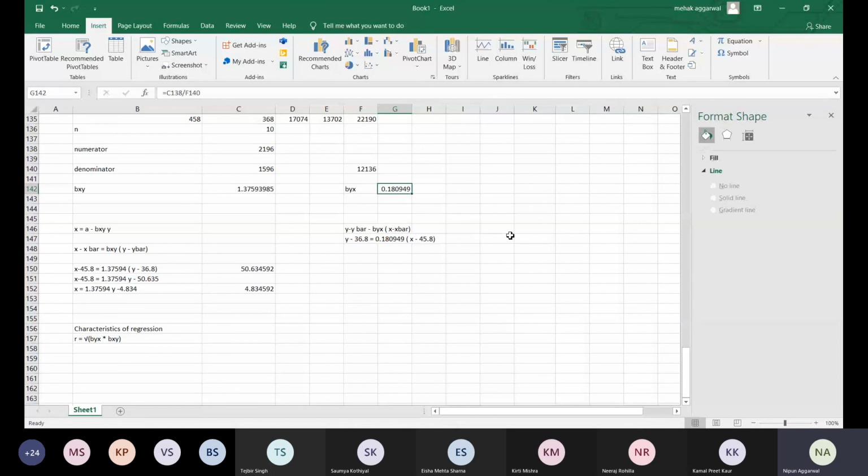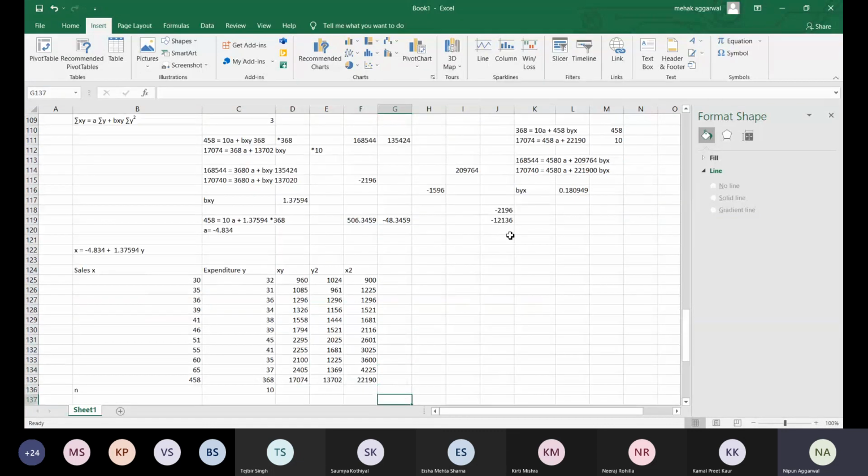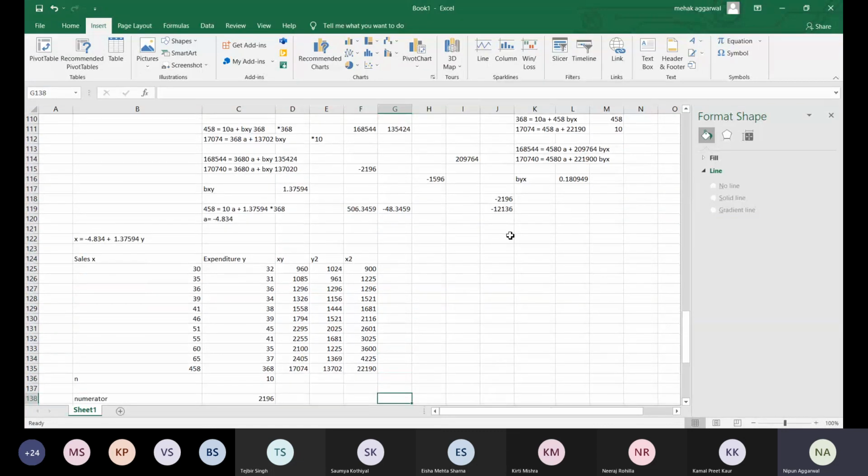Fine. So one more concept remains, which is based on the characteristics of the regression line, which we'll be doing in the next class. Besides that, we have completed regression. तो अब एक कंसेप्ट इसका रह गया रिग्रेशन का, and plus we have left continuous grouped data correlation and regression. अभी तक हमने जो कोरिलेशन रिग्रेशन किया है वो डिस्क्रीट डेटा का किया, ग्रुप्ड डेटा नहीं किया. 30 और 32 की फ्रीक्वेंसी तो नहीं ना कहीं अभी आई.